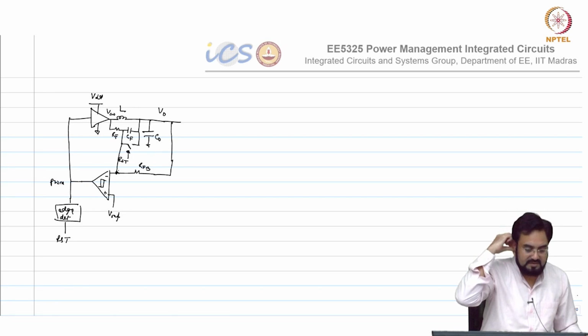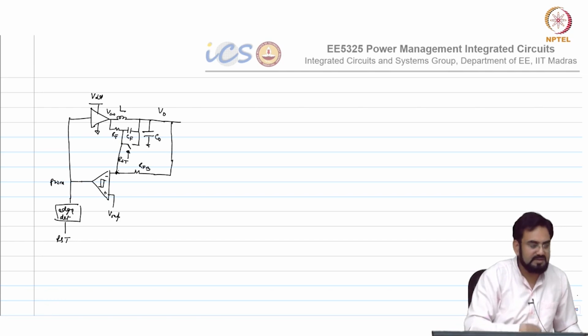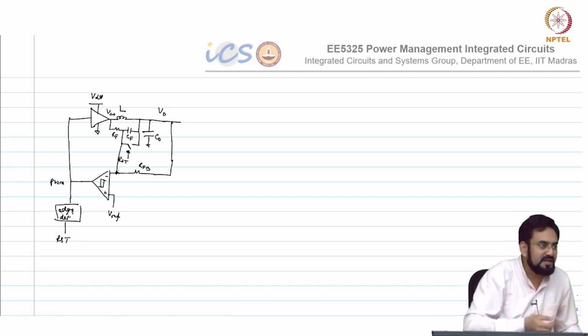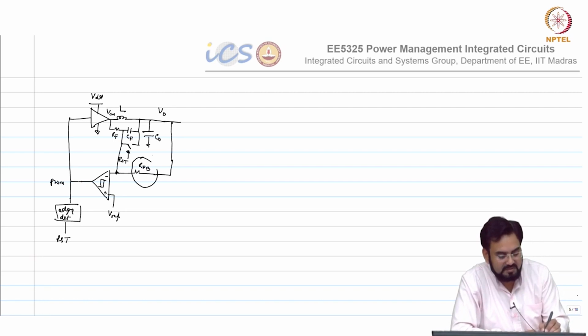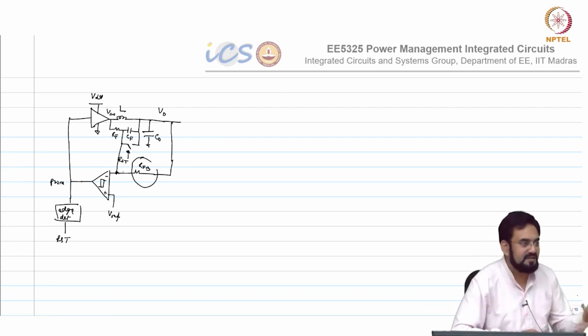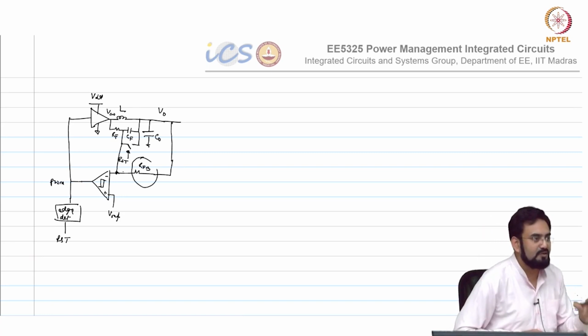Which RFB? Then this will short with the output, huh? Then your ripple will be... Can't we just remove that? Okay. No, then you remove, then how will you generate the ramp? The V out will superimpose the ramp, huh? Not this, this means this the output and this. Which RF? This RFB you are talking about? Yeah, that's what I am saying. Then V out will superimpose the ramp and you will not get a ramp at all. You will only get the output ripple, that's it.